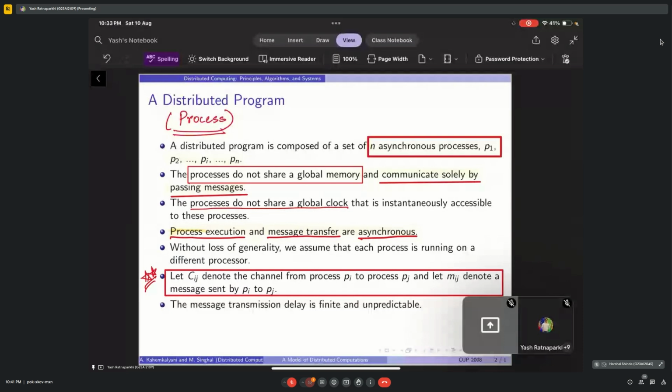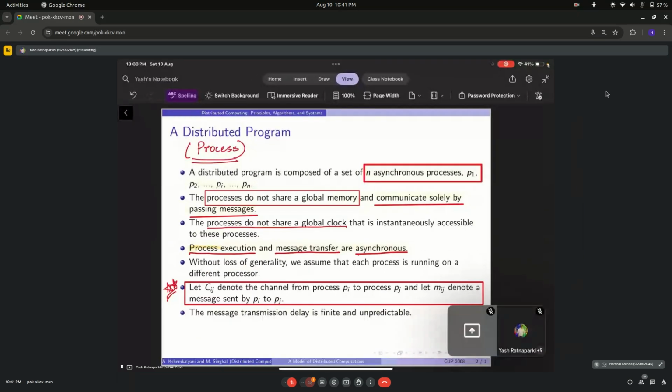So the next point is important. The message transmission delay is finite and unpredictable. That means I do not know beforehand how much time will be taken for a message to be sent from Pi and received by Pj. But it is finite, that I know. It won't fall into the trap of an infinite loop or something. So it is finite and unpredictable. I hope this particular slide is clear to you. Now coming to the next slide,